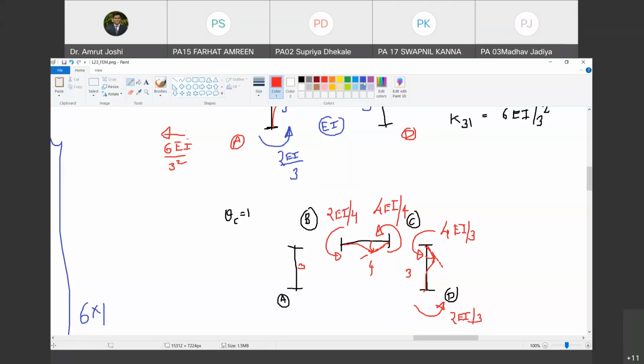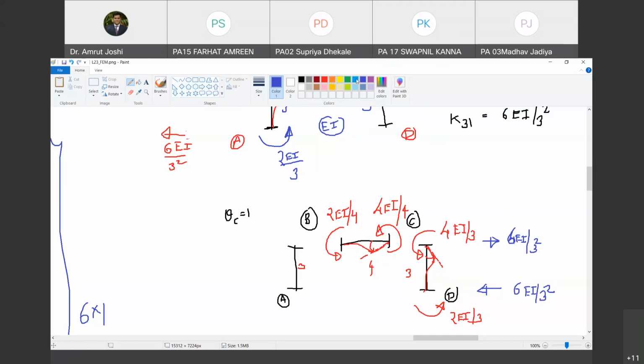Now let us find out the reactions. If you look at column CD, the total moment is 6 EI by 3. Anti-clockwise moments must be balanced by reactions producing a clockwise moment. This has to be the sense of the reactions, and each reaction has to be 4 EI by 3, and once again divided by length. So it is 4 EI by 3 square. Sir, shouldn't it be 6? I'm sorry, 4 plus 2. Yes, you're right. 6 EI by 3 square. Are you with me? Yes, sir. This is 6 EI by 3 square.